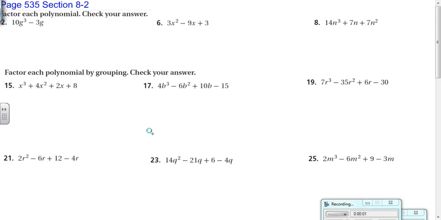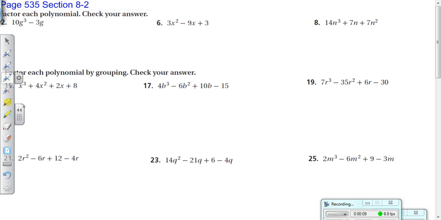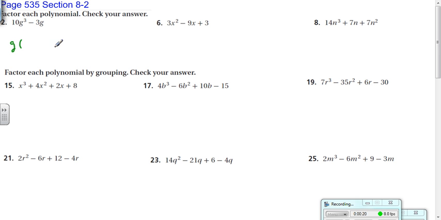Number 2, you have to factor each polynomial and check your answer. So the greatest common factor is the very first thing you look for on any factoring problem. 10 and 3 have a greatest common factor of 1, but g cubed and g have a g in common. So my greatest common factor is a g, so I can pull out a g, which means I'm dividing each